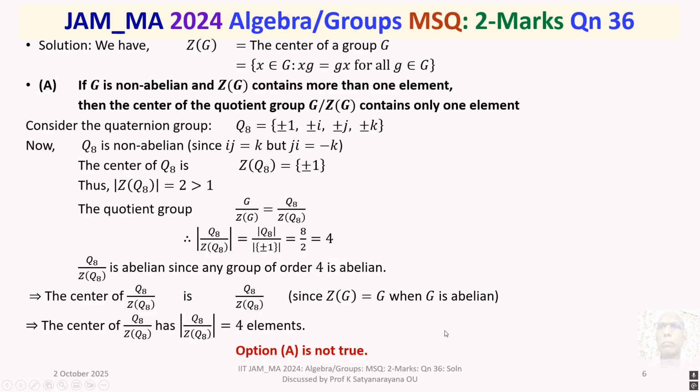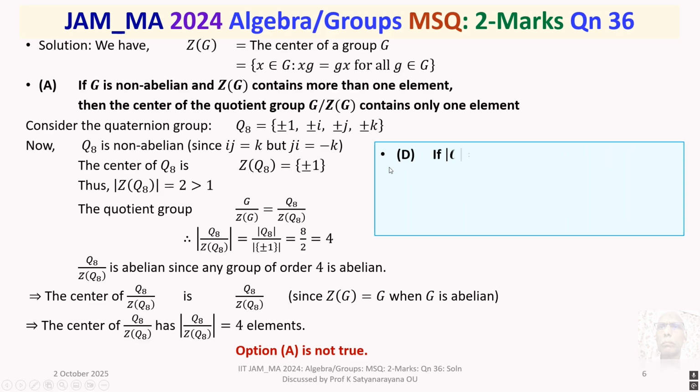Right. We move on to option D here itself. If order of G is p cube, where p is a prime number, then G is necessarily abelian. We have this counter example, the Q8 itself, you can take it. So order of G is 2 cube, where 2 is a prime number. So G is Q8. The order of Q8 is equal to 8, 8 is 2 cube, where 2 is a prime number. We have already seen, we know that Q8 is non-abelian,